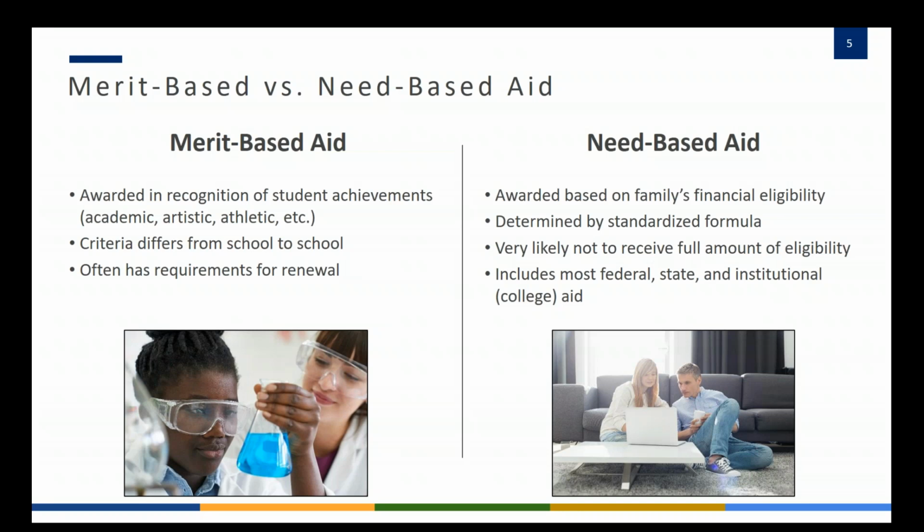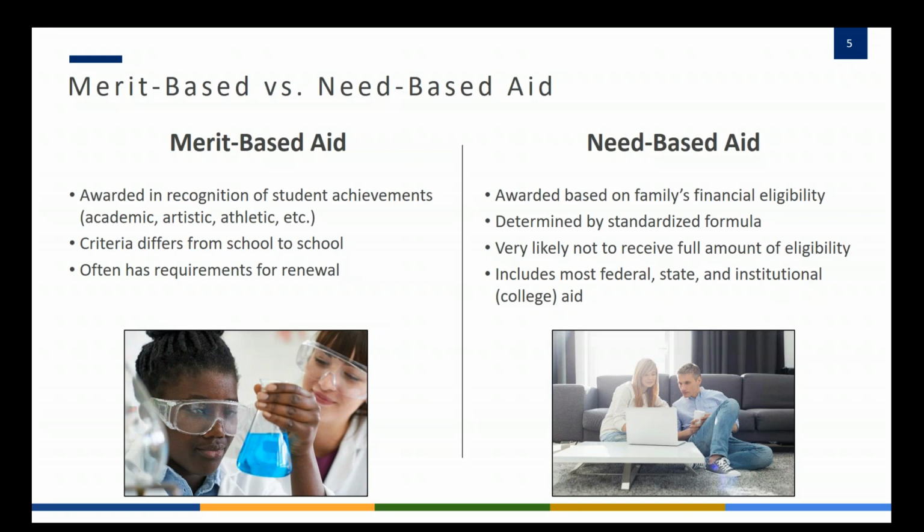They also want to find out if by chance the student does not retain that GPA that's required, what will happen to the scholarship? Will they lose it all? Will they lose a portion? Will they have a semester to get their grades back up? It could be a number of different options depending on the college and the scholarship. So families need to understand what that criteria is, particularly at the school that they're attending.